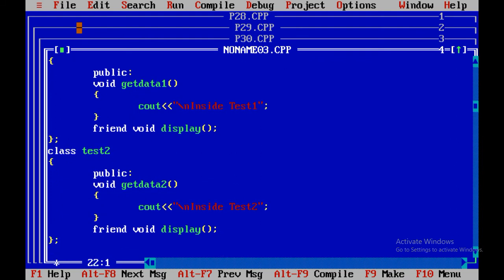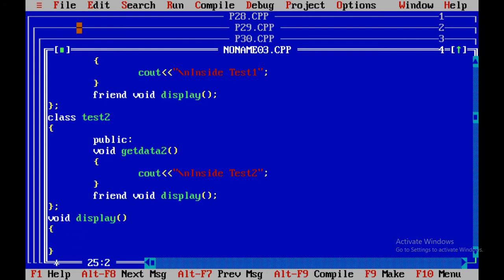Now void display, cout. This is a very easy program, just a bit lengthy. A common function for both classes.